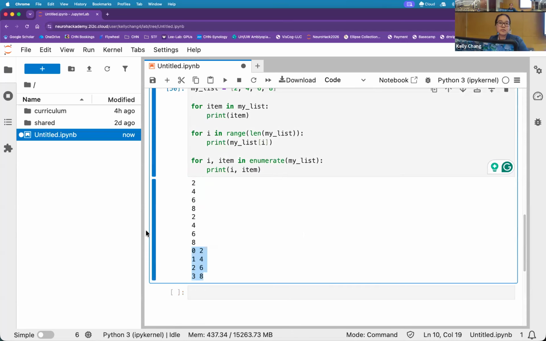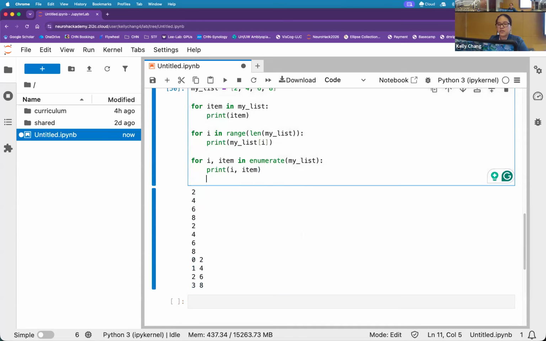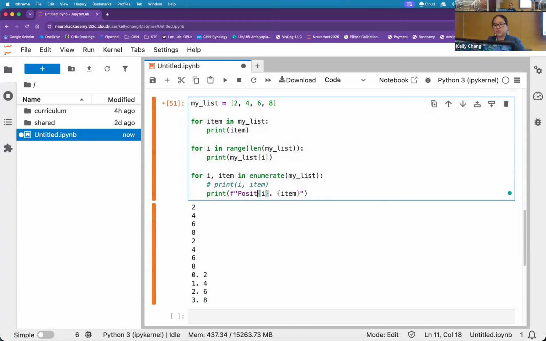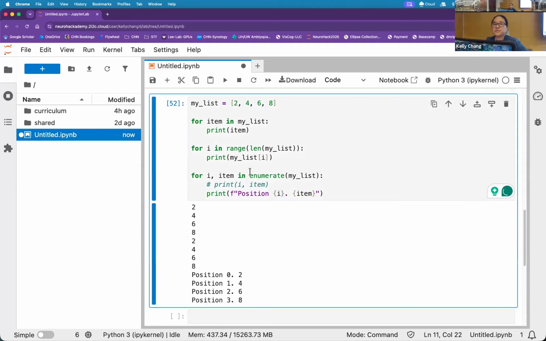Now I'm getting both the item itself as well as the index. And while I'm here and being fancy, we might as well do a formatted string. Basically, think of it as wherever I input my variable with these curly braces, I can then format the rest of the string for a nicer output. So instead of just printing out the index number and also the number in the item, I'm actually going to now format the print so that I'll have the position separated by a period and then the actual number itself. I'll hit run, and you'll notice that that is the difference between our print here. I'm also going to put in the word position, just so we don't forget what that is.